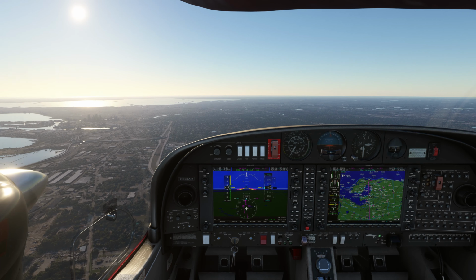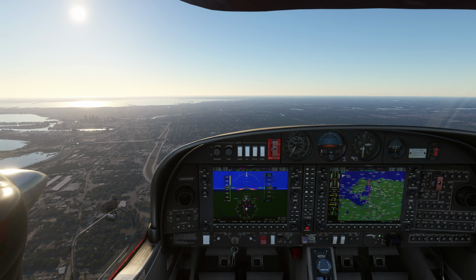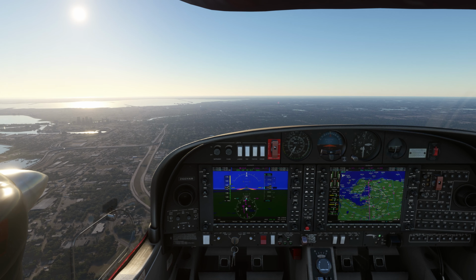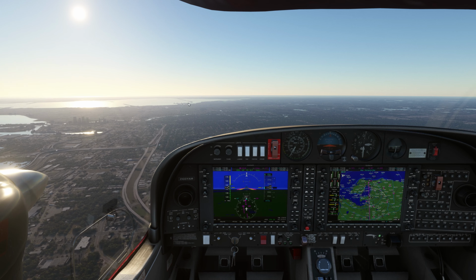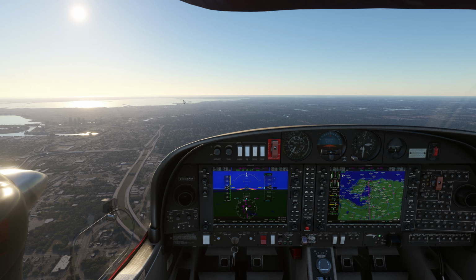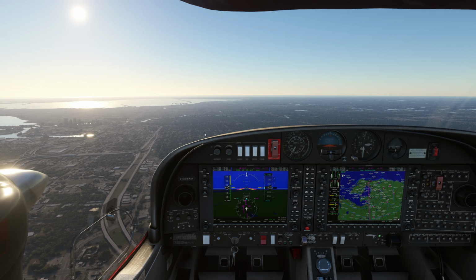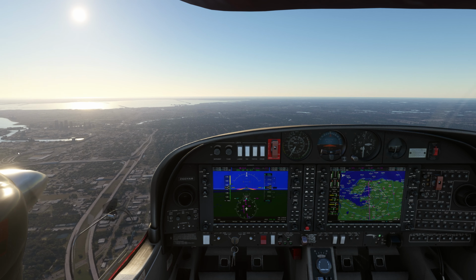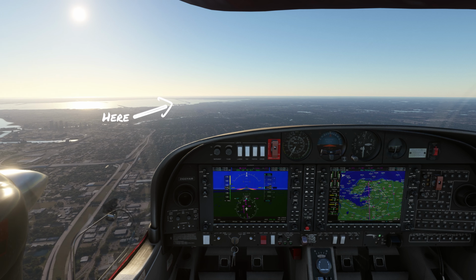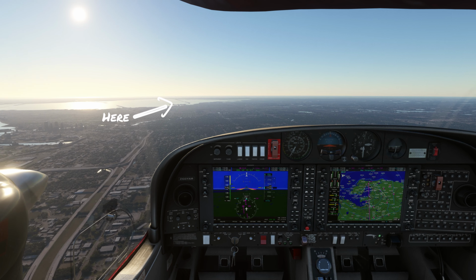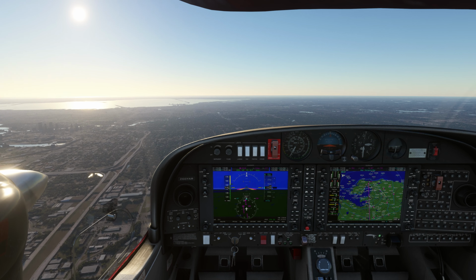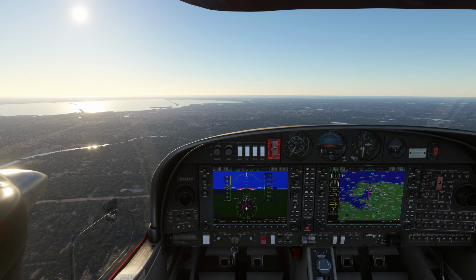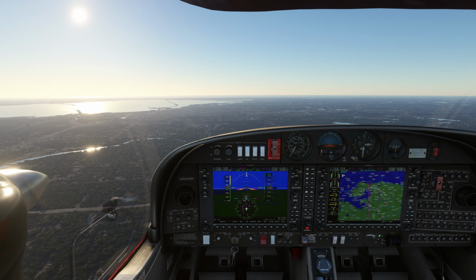Looks good. We have Tampa to our left, and we have the Campbell Bridge over here, and then we'll use that as a VFR landmark to get into Clearwater Air Park. It's right pattern on runway 34. I'm not going to do that. I'm just going to do a left pattern on runway